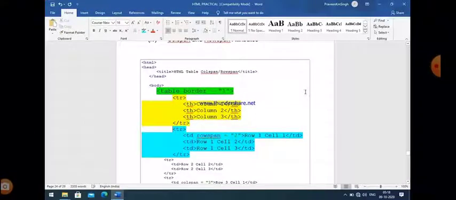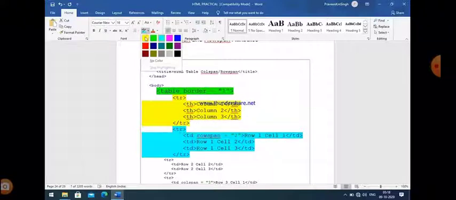Next you can easily see here, the next row is tr.